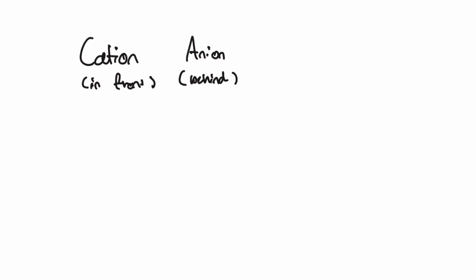Now, let's learn how to name simple ionic compounds. Ionic compounds are named with the cation, our positive ion, in front, followed by the anion, our negative ion. For simple ionic compounds, we end the anion in "ide." Sodium chloride, magnesium chloride, they all end in "ide." So, with this in mind, what would be the name of the compound